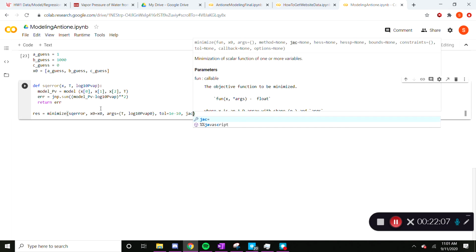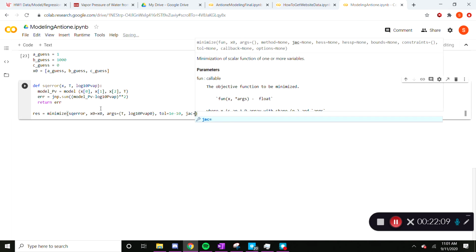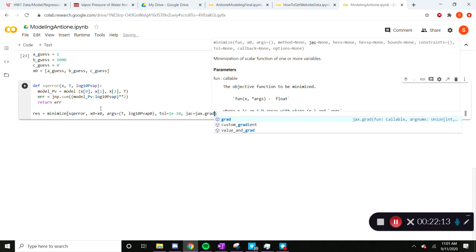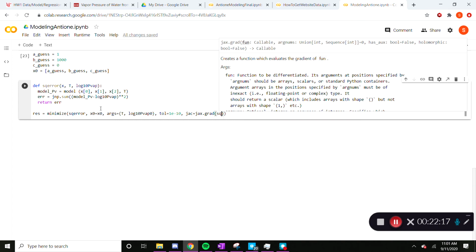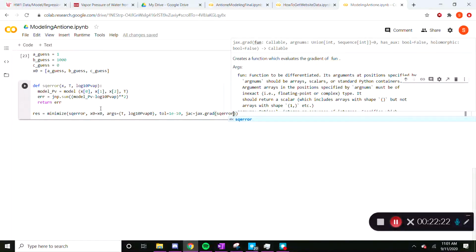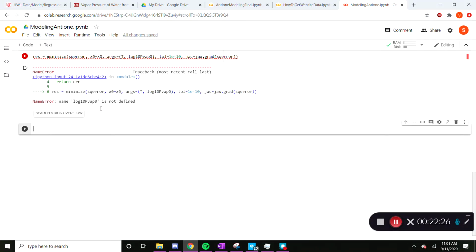Then we're going to tell it a little bit more about our sum square error. And boom. Log base 10 pvap not,